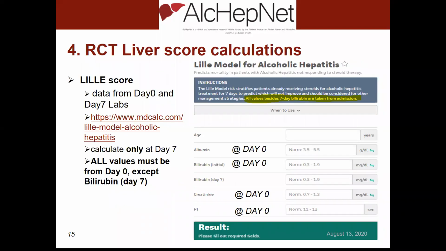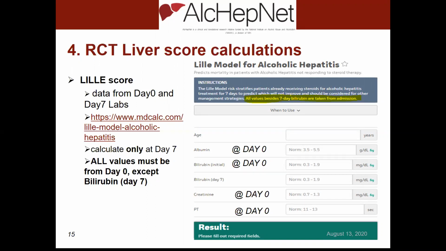Okay, thank you. We had some questions about the liver score calculations. We just realized that we made a mistake in the forms and had actually the Lyle score at other visits than day 7. We are working on correcting that and eliminating it from all other visits. And we're going to have the calculation record just for day 7 as it should have been from the beginning.